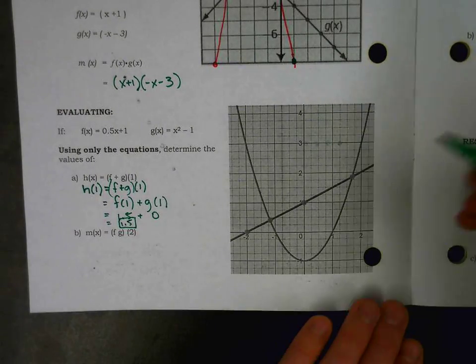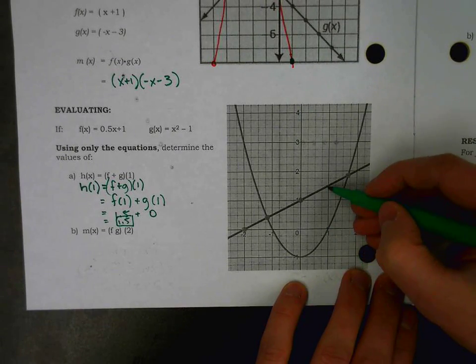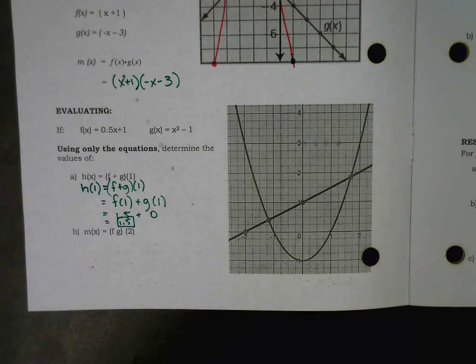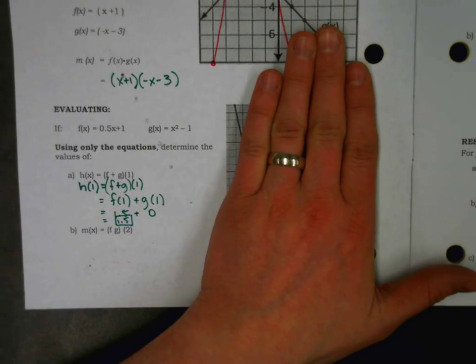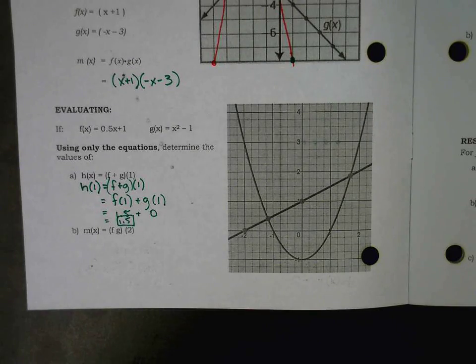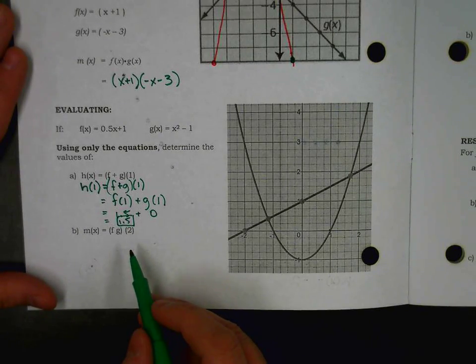I guess this is confirmed if we plug in the value of 1 into the graph. A 0 comes out, and a 1.5 comes out. Add those y values together, and of course, you have a 1.5. So there are questions where you're provided only with an equation or only with a graph, and you are expected to use either or. Feel free to pause and give the last one a try, but for the equation m of x,